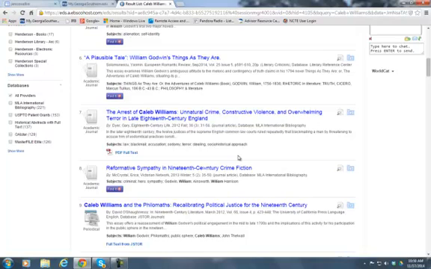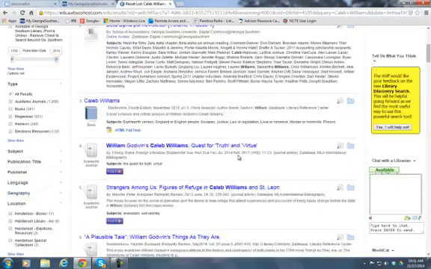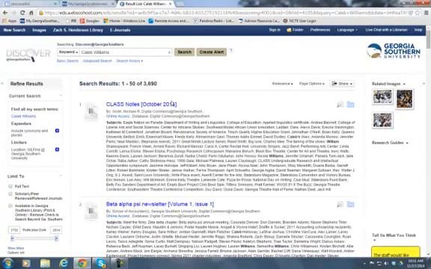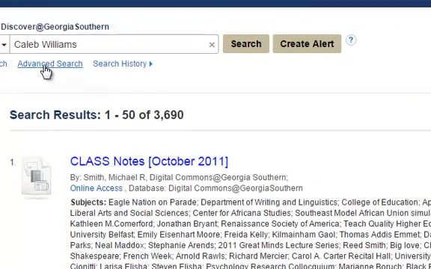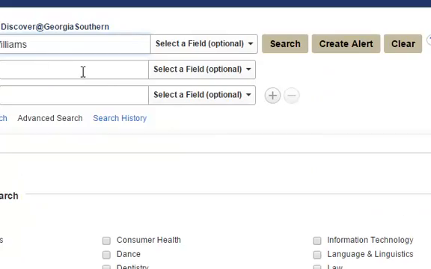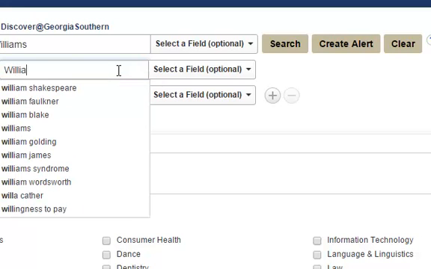And if I can't really find what I'm looking for there, if I want to go more in depth with that, I can go back up to an advanced search and go with maybe Caleb Williams and put in William Godwin, who's the author, and